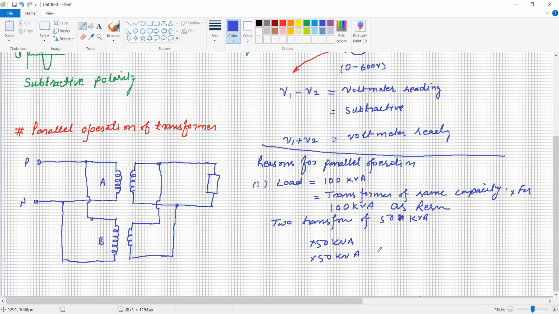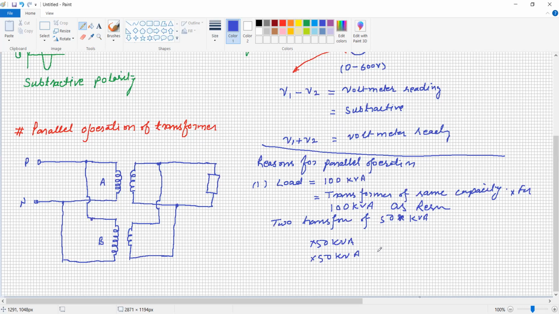Whereas if small capacity transformers are connected in parallel, then it is possible to keep a small capacity single transformer as a reserve capacity, and it will be economical from the point of view of the utility system or power supply systems. Okay. Now, what are the